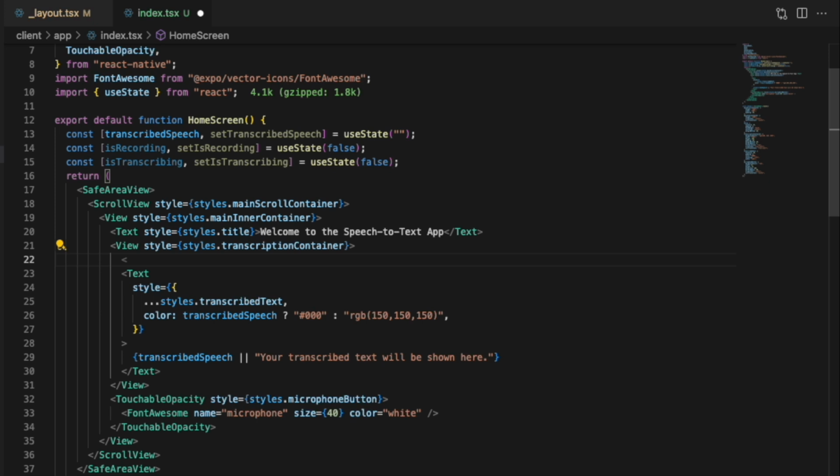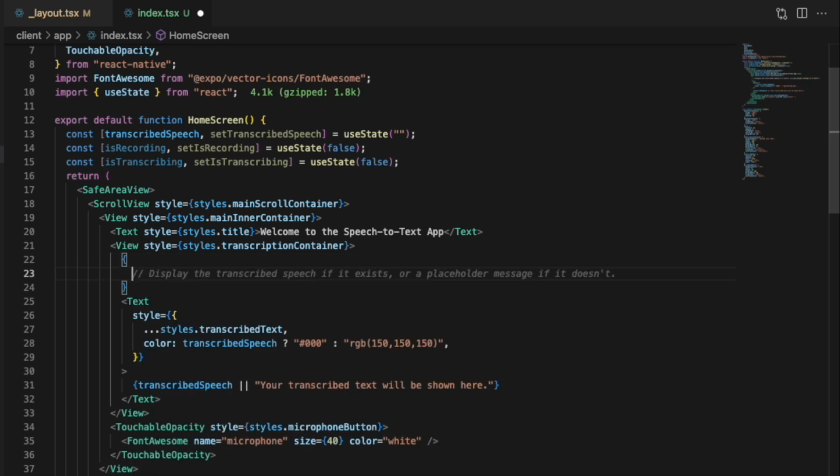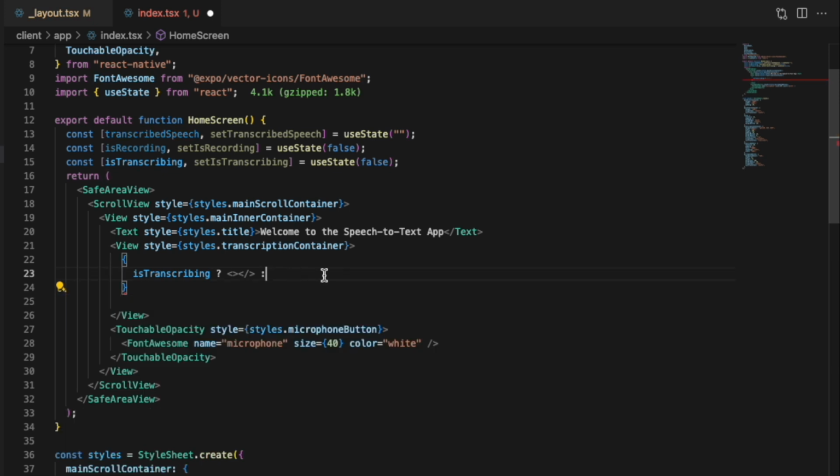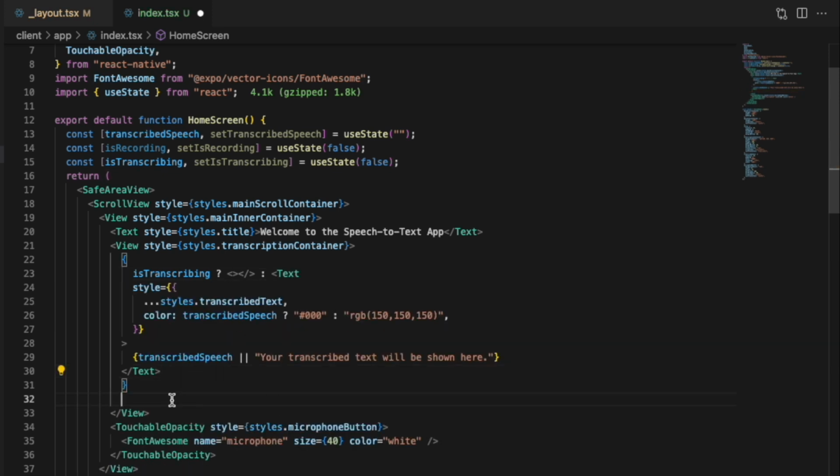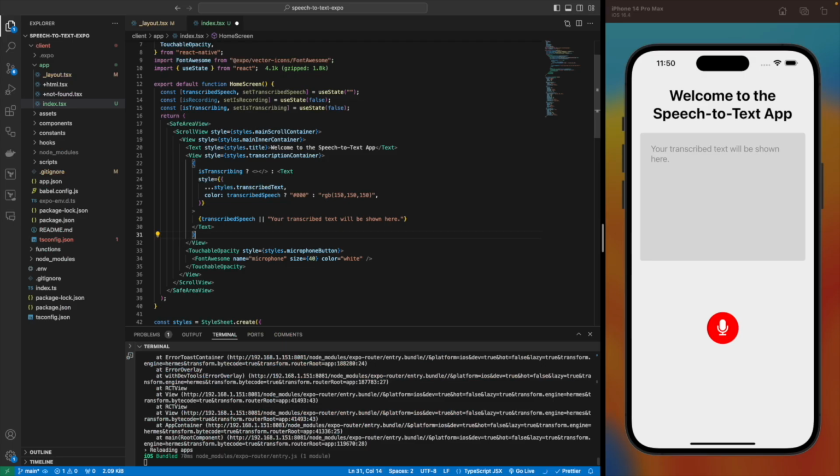Next, we're going to set up a ternary condition here based on the isTranscribing state. So if it's transcribing, for now we'll just put some React fragments here. If it's not transcribing, let's move this whole text block into the false condition. We'll save that and see what that looks like. If it is transcribing,